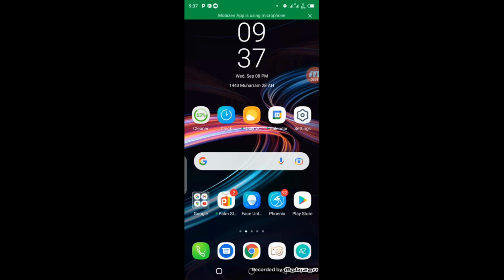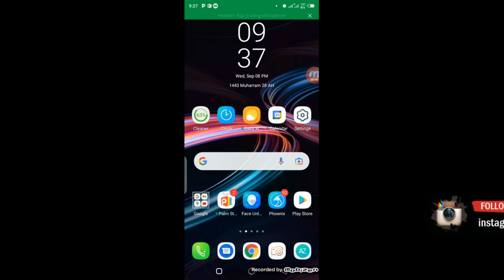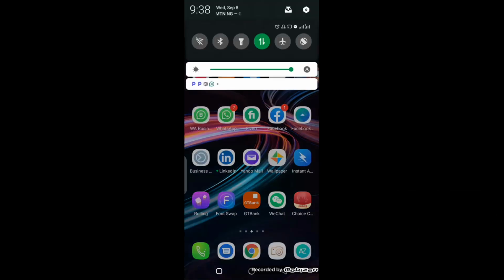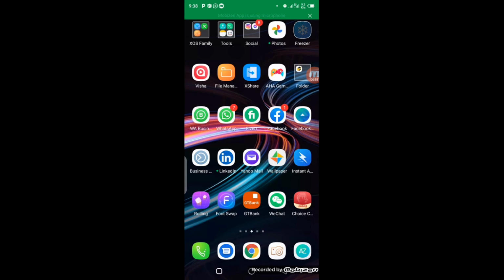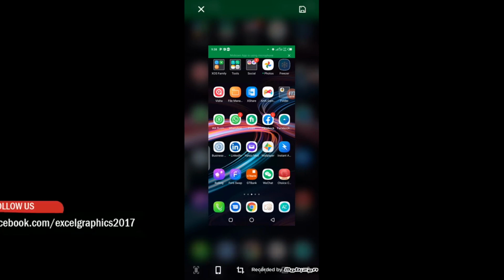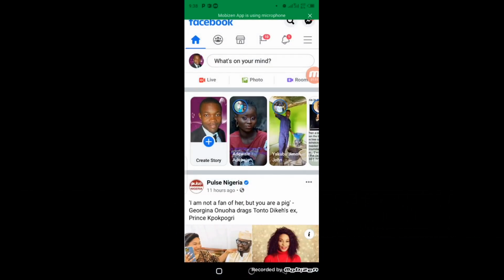All right, so like I said earlier guys, I'm going to teach you how to delete your Facebook business page right from your phone without going to a PC or laptop. So let's get to the practical. The first thing you need to do is to access your Facebook business page. So I'm going to click on it right away. Having opened up your Facebook account, the next step is to locate